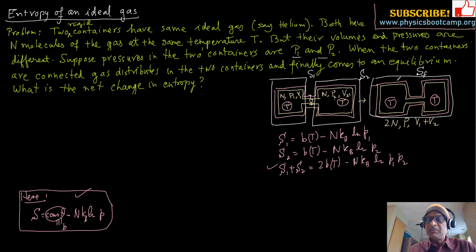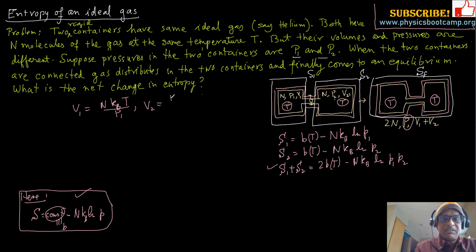To use this formula, I need the pressure. Well, let's look at the volume here. Volume 1 is N k_B T over P1, and volume 2 is N k_B T over P2, and the volume for the final state is volume 1 plus volume 2, the net volume. So the pressure we want is going to be